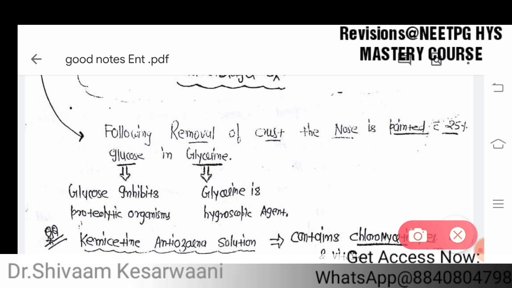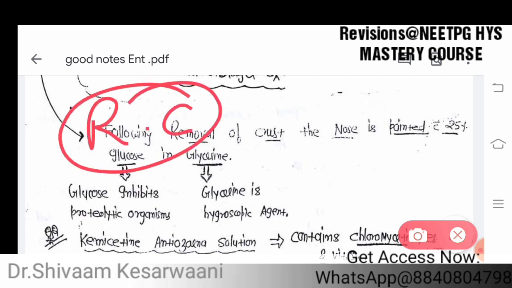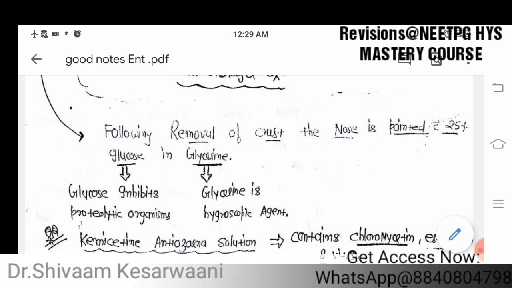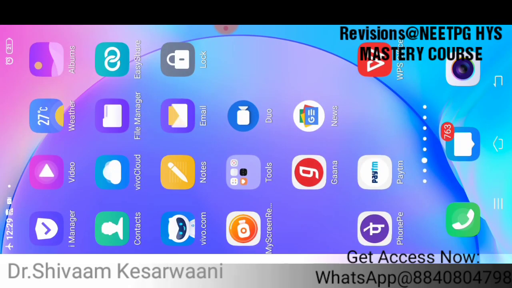It is basically a unilateral condition, more commonly seen in males, and management is just scooping out the discharge and treating the associated cause. So rhinitis caseosa and sicca form an important topic for you to be asked in your NEET PG examination. Now we'll discuss the MCQs related to atrophic rhinitis,